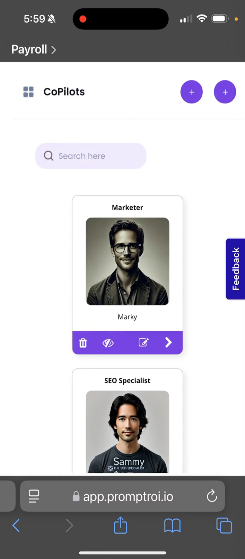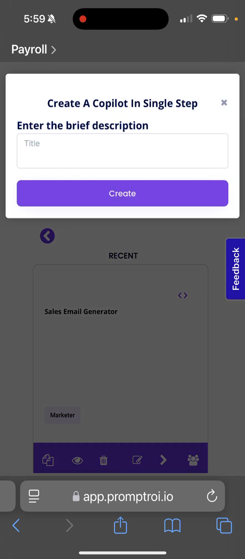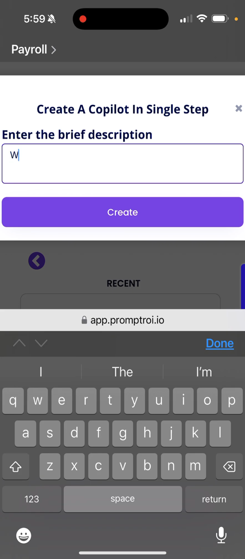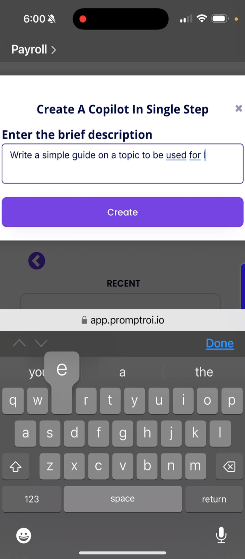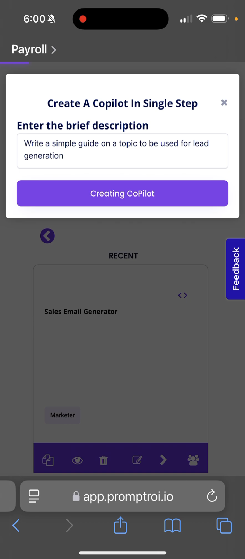Copilots. Let's go inside of the marketer. Let's click create. Let's type in: write a simple guide on a topic to be used for lead generation. Okay, create. So now, if everything goes well, this should go and create our Copilot, should write the instructions, and